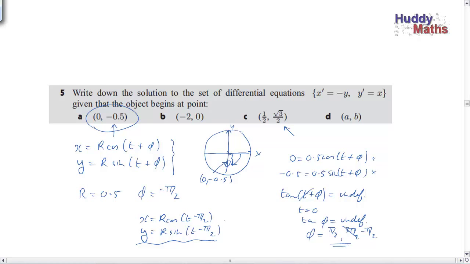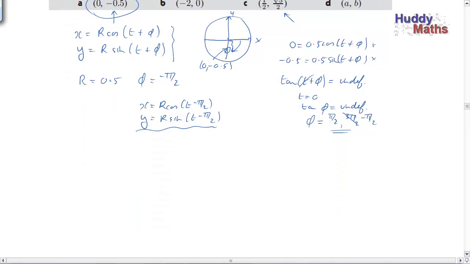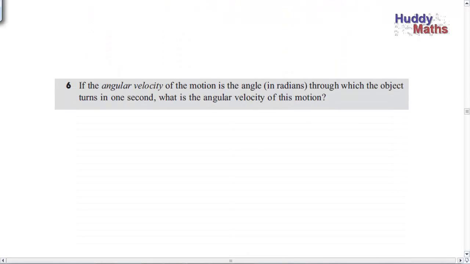All right, getting the idea? Come down, let's finish it off. Okay, if the angular velocity of motion is the angle in radians through which the object turns in 1 second, what's the angular velocity of this motion? Well, let's have a look now. x equals r cos(t plus psi), y equals r sin(t plus psi). So the angle here, the angle in radians through which the object turns in 1 second, the angle is t